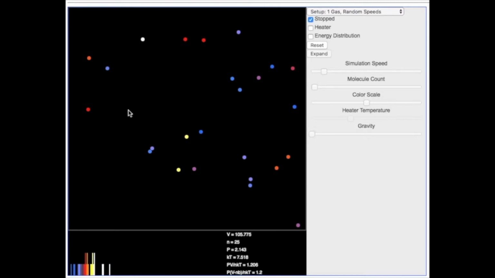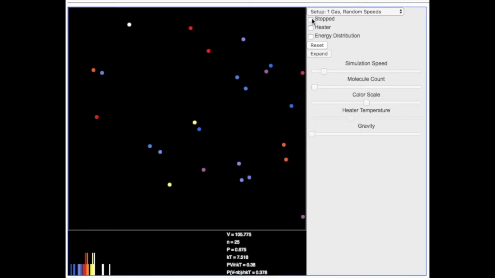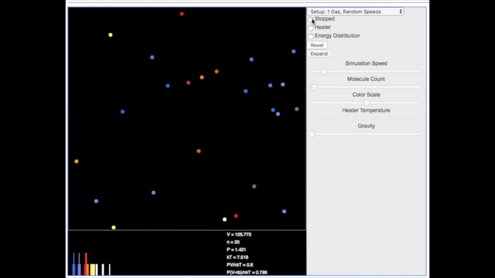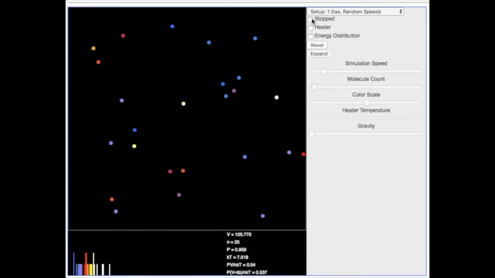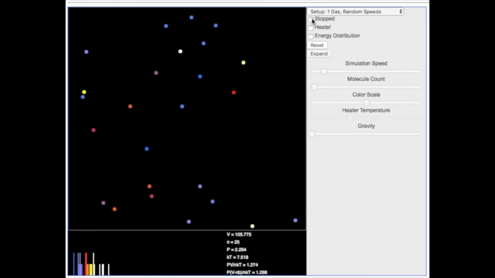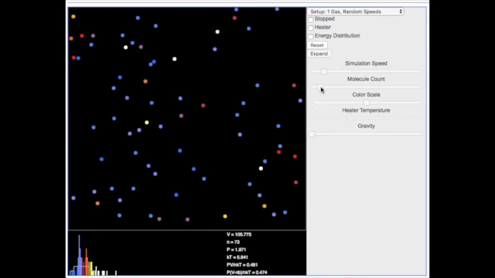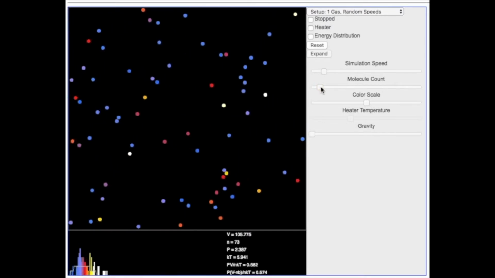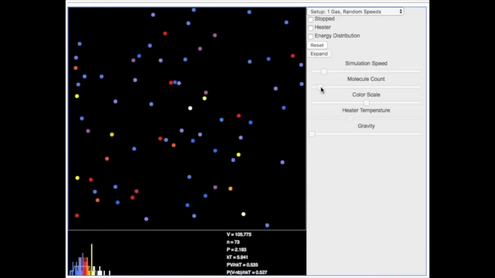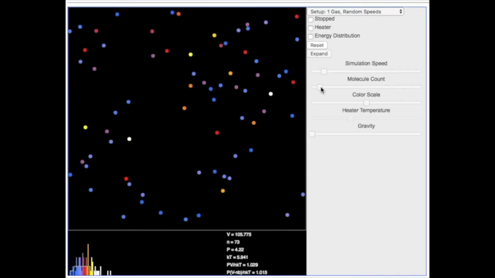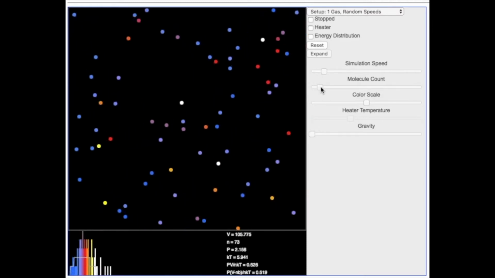Now we assume that the gas particles are always in constant motion, so they're always moving around, bouncing into different things. We assume that when those gas particles collide, there is no loss of kinetic energy. What this means is that the kinetic energy may transfer from one molecule to another, but it will not